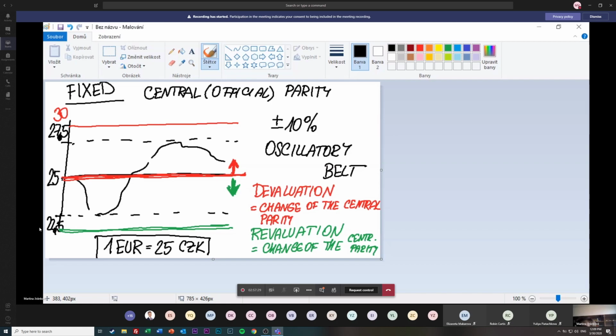And now we are going to talk about it. So, interventions in the currency market means that the central bank enters the currency market and influences the exchange rate. So, please write that it's